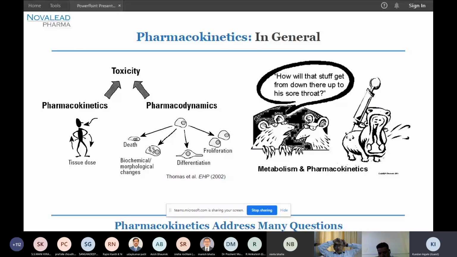When you combine both pharmacokinetics and pharmacodynamics, you can also estimate the toxicities of your molecule. Now, when we talk about pharmacokinetics, so as a layman, please don't mind if I take some small examples in between. Let's say some layman is suffering from a headache and he takes an oral tablet. I don't know how many of them wonder that I'm taking a tablet which goes into my stomach, and how does it finally relieve my headache? Similarly, you have different routes of administration. You can see a small hippo over here. The mice over here are pretty larger than the hippo, but they are wondering how would this